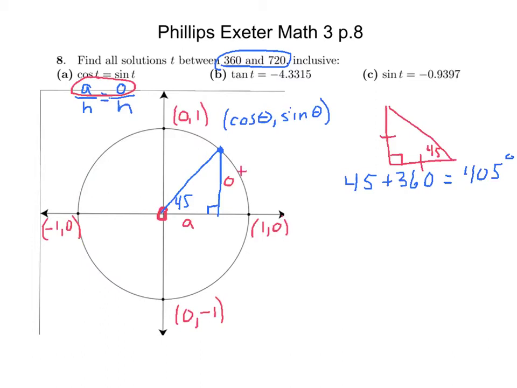Positive. And my adjacent side, is that positive or negative? Positive. So where else? And again, it's not about being positive though, it's about them being equal. So in what other quadrant will my opposite and adjacent side be equal? The third quadrant. So if I go down here,